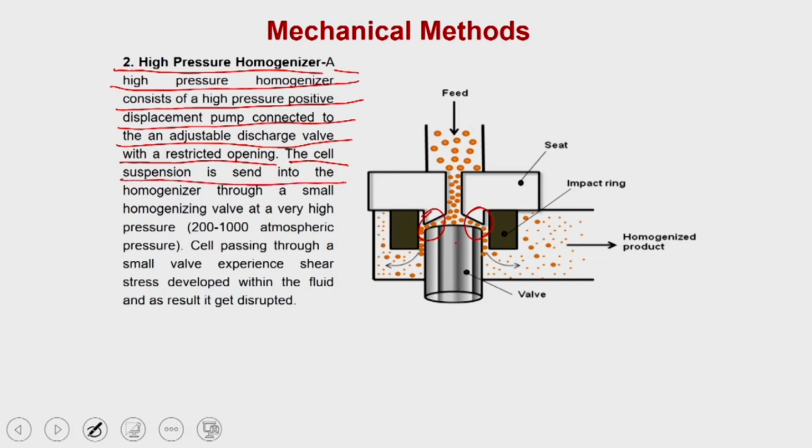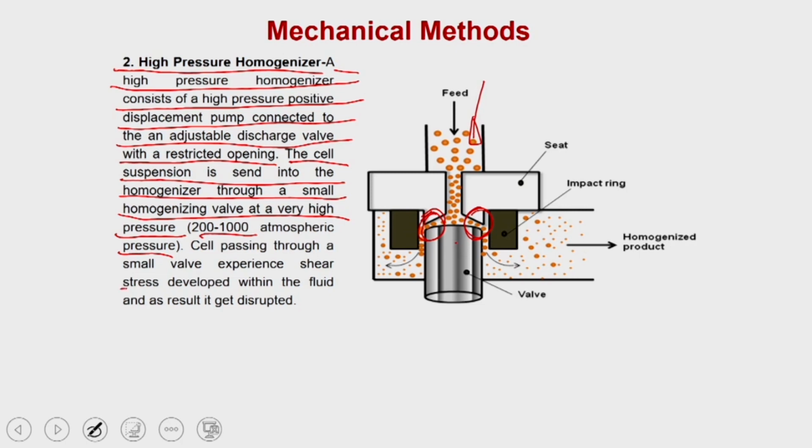suspension is sent into the homogenizer through a small homogenizing valve at a very high pressure, which is approximately 200 to 1000 atmospheric pressure. So, what happens is, when you are feeding the cells into this high pressure homogenizer, the cells are passing through this narrow space. When they pass through this narrow space, they are experiencing shear stress, and because they are passing through a very high pressure, up to 200 to 1000 atmospheres, the cells are experiencing a very high